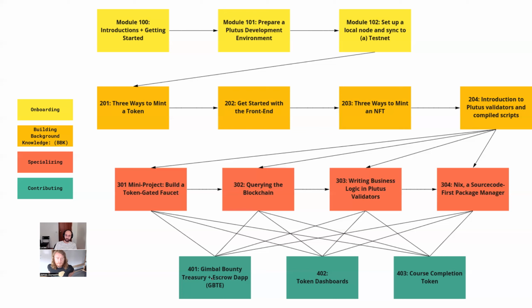I wouldn't want a course completion token just to mean that somebody gets paid 100 ADA per week in perpetuity for doing nothing, right? That would clearly be a bad idea. But if it's used as a token that gives you access to contribute somewhere and you just continue to do so, that feels more fair. But I'm just trying to get you thinking. What else? What other thoughts does that get people thinking about?